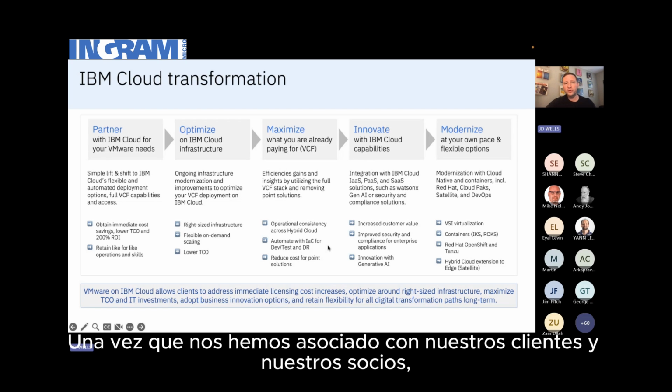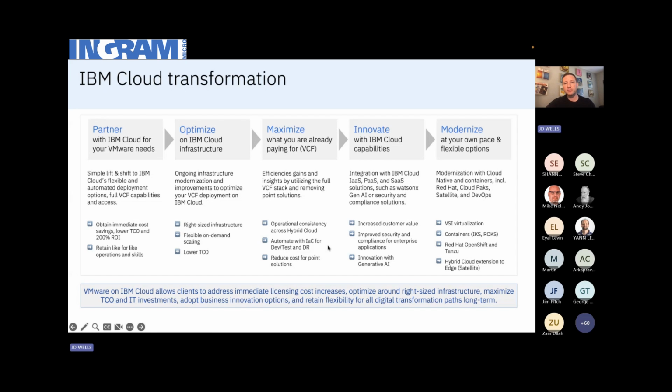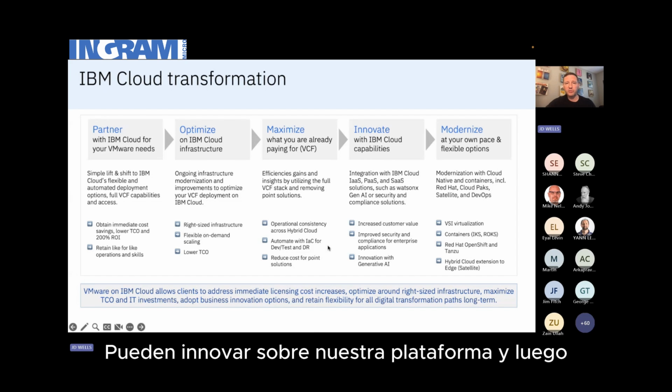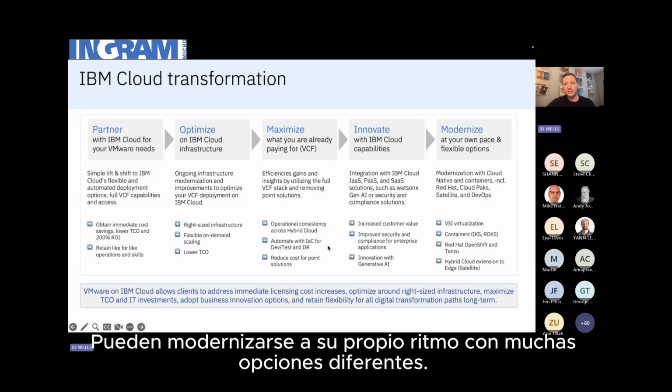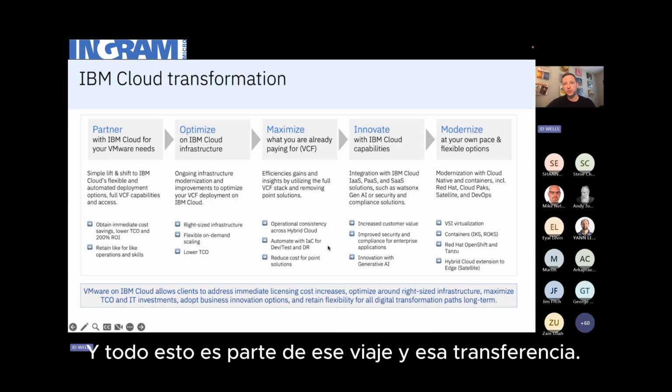Once we've partnered with our customers and our partners, we can help them optimize, we can help them maximize, they can innovate on top of our platform, and then they can modernize at their own pace with many different options. And this is all part of that journey and that transformation